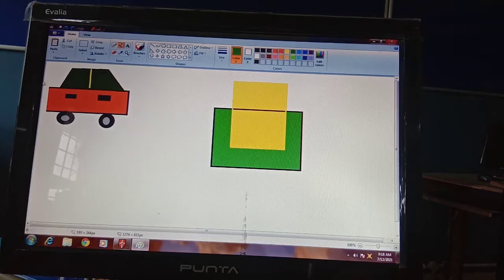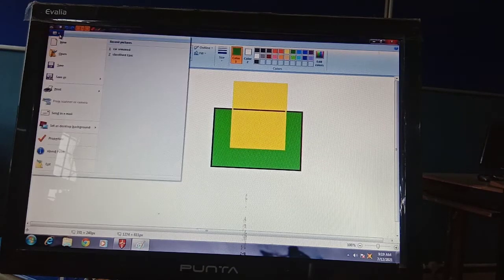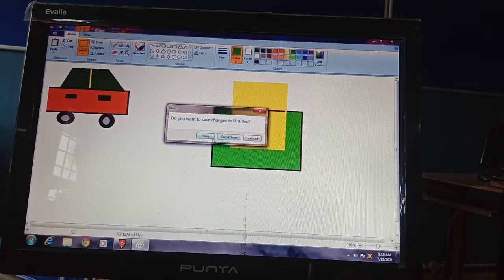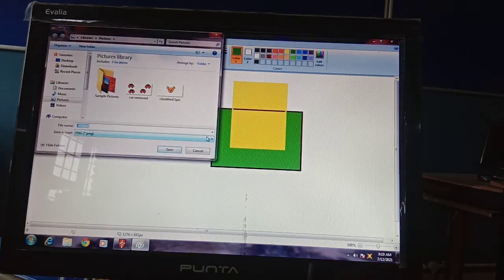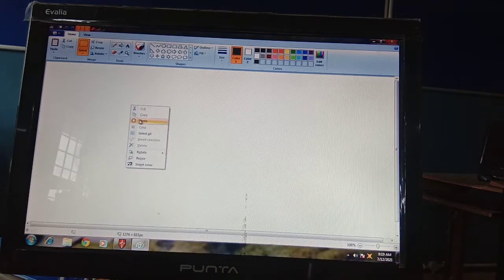See, I am just selecting it, and I am making a copy of this. So I have selected it and clicked on the copy option, and then chose the new file. New page is inserted. Now I pasted it here.